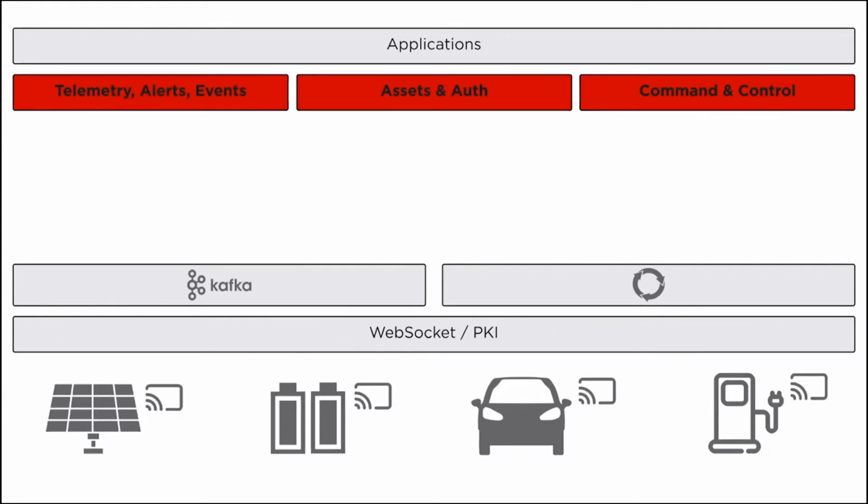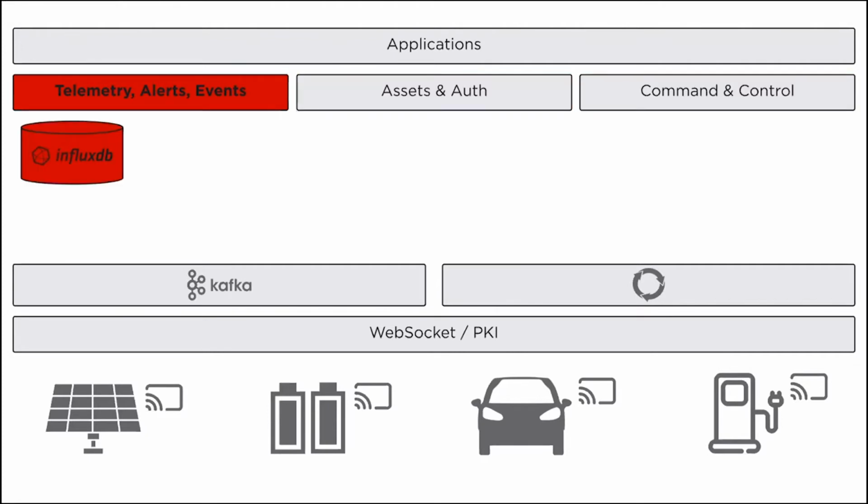Now, there are way too many backing services to describe in detail, so I'll just provide a high-level understanding of each domain. A challenge that you're going to see in each domain is the handling of real-time data at IoT scale. So imagine a battery in everyone's home. To support efficient historical queries and roll-ups of telemetry, so these would be queries like what was the power output over the past day for an individual device,